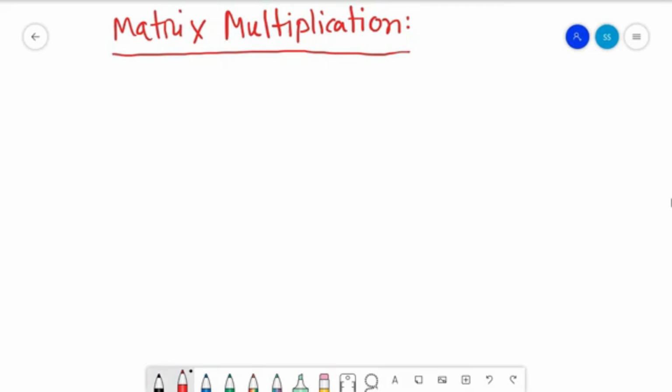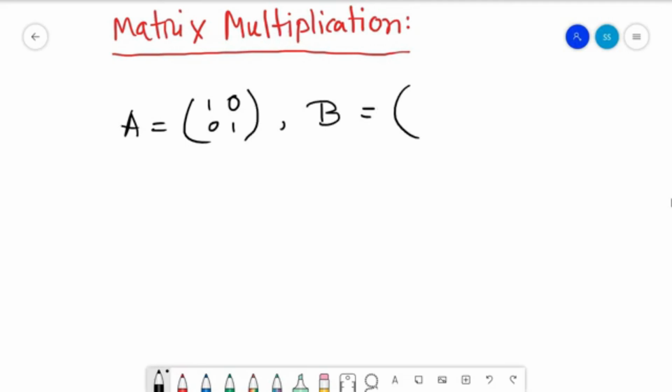So let's take a matrix A like this, and let's take another matrix B. Let's say 2, 3, 6 and 7, and I want to know what is A times B. This is the thing I want to know. So how to go about it? Well,